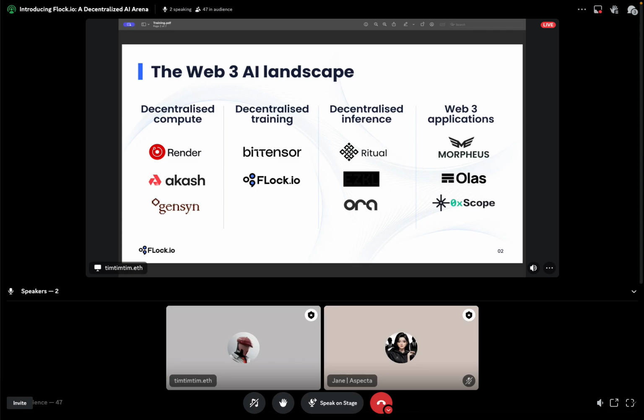Then you have decentralized training, more on the validation of model performance, for example BitTensor or us, where we identify ourselves as a decentralized training platform in the sense of validating model performance through a decentralized network. Then you have decentralized inference networks such as Rachel and Aura. Lastly, we have the application layer that Morpheus, OLAS, Zero X Scope fit in.